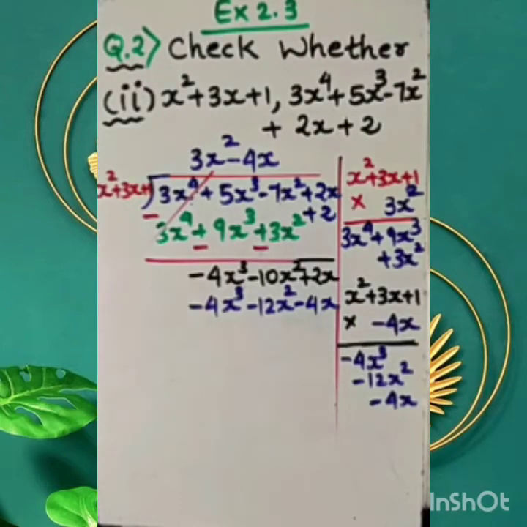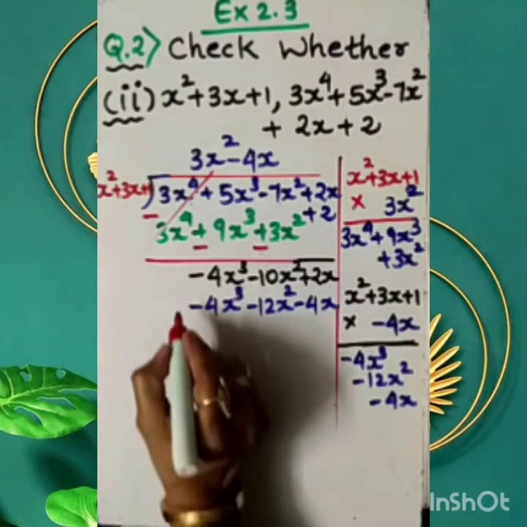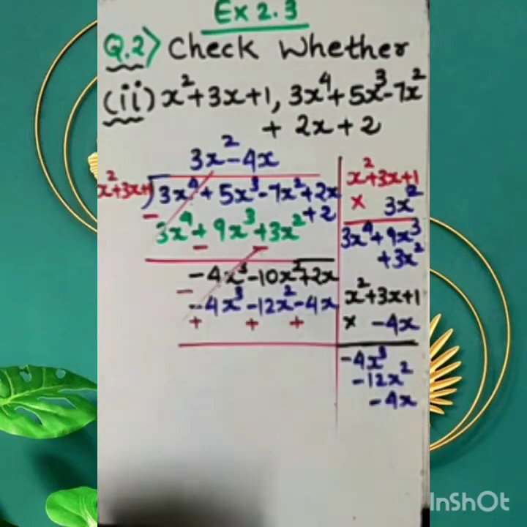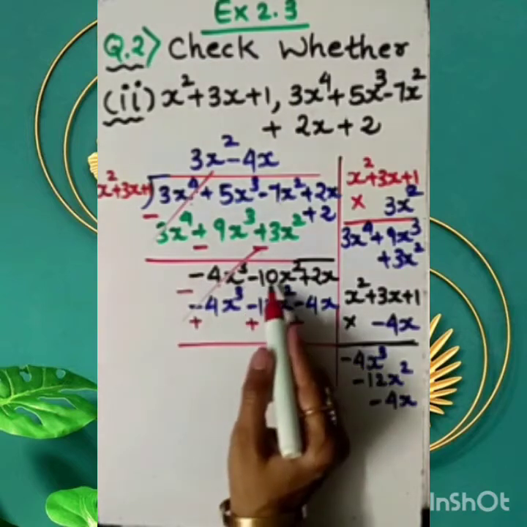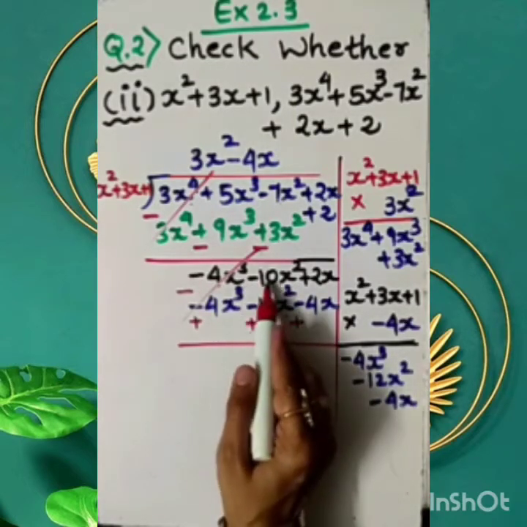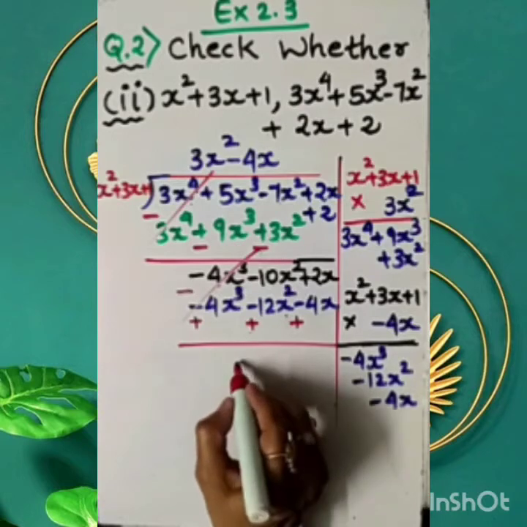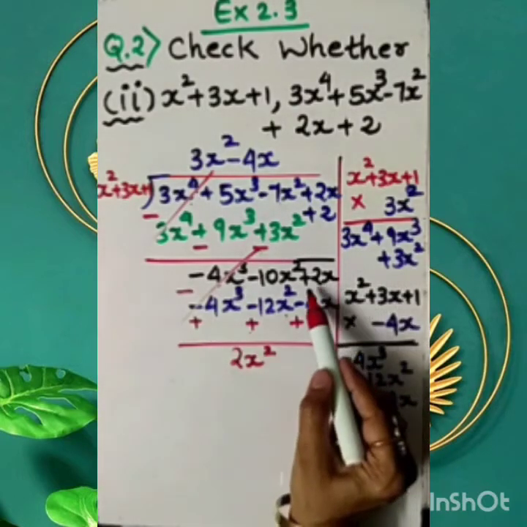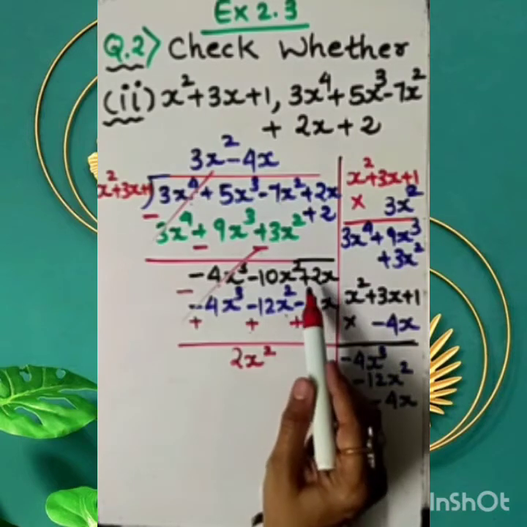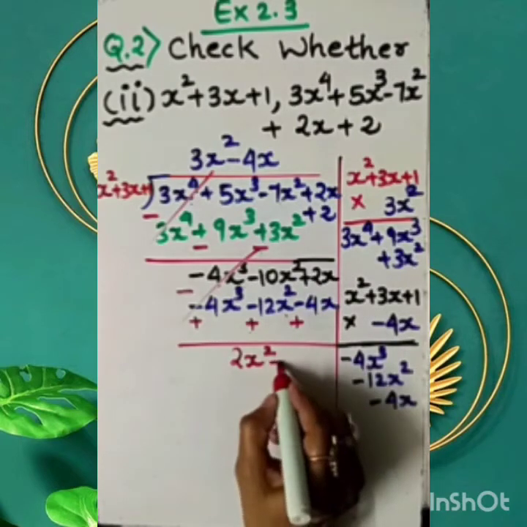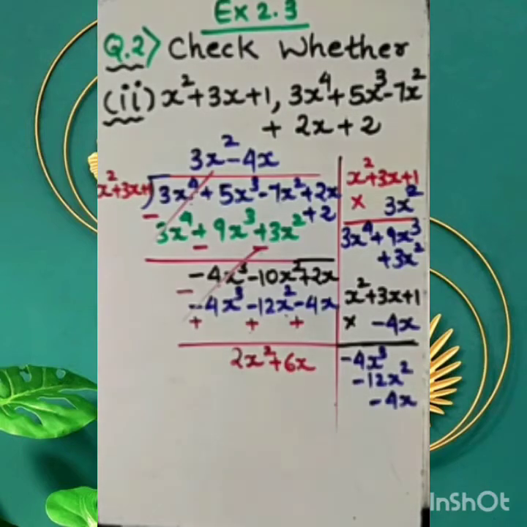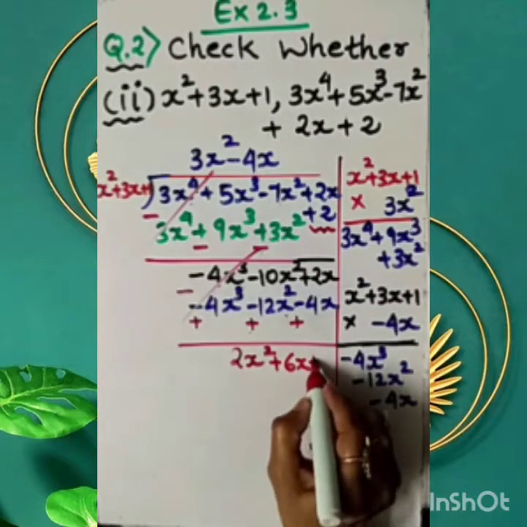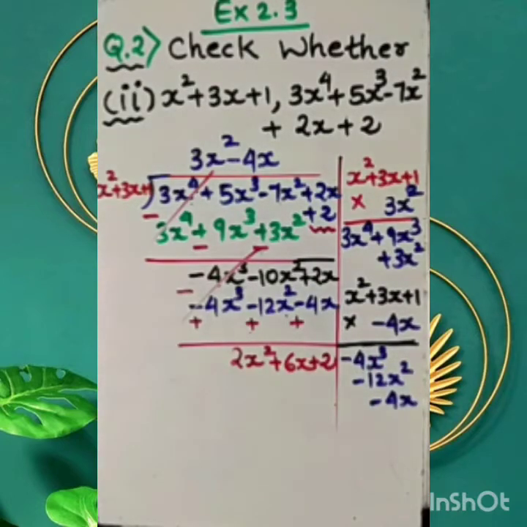Now as usual dear student, you know very well we need to change the sign. Here it will be plus, so this will be cancelled. Minus 10 plus 12, so it will give 2x square. Same thing here, plus 2x plus 4x, plus 2 plus 4 is plus 6x, same sign addition, and here plus 2 is left also. So I am bringing it down, mentioning it here plus 2.